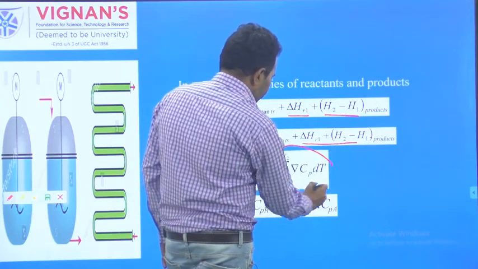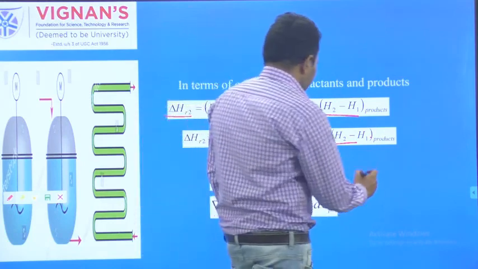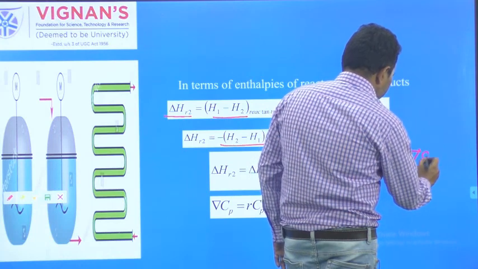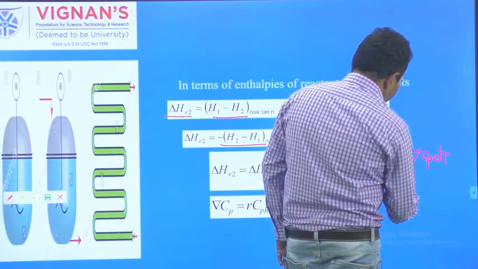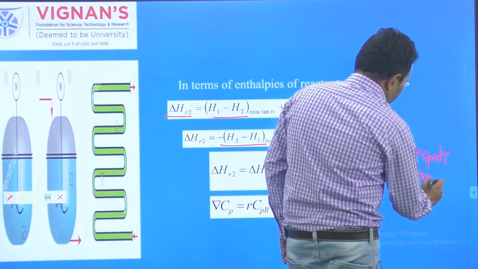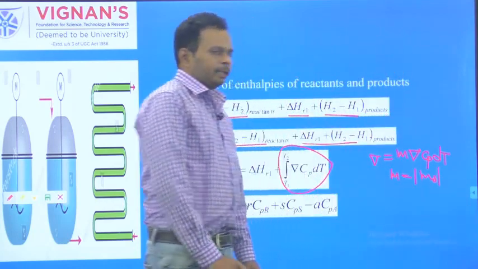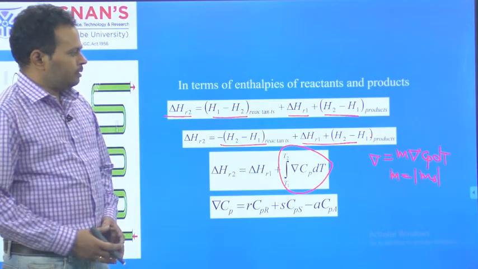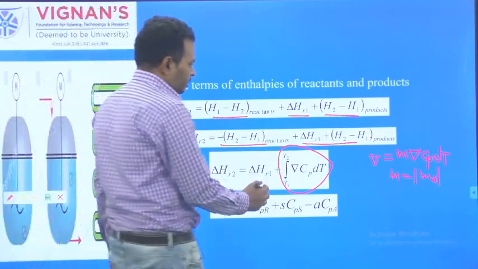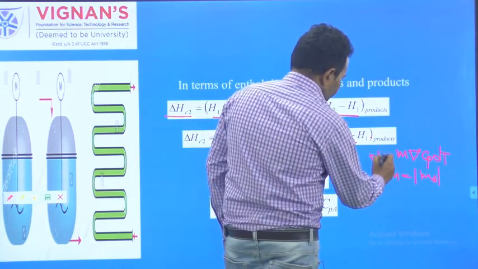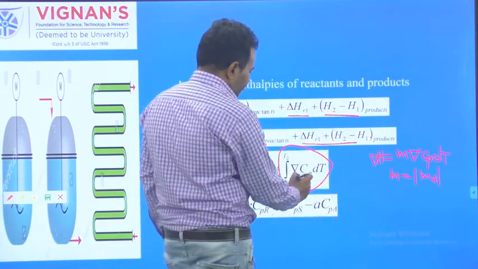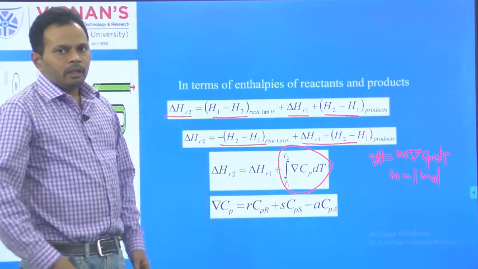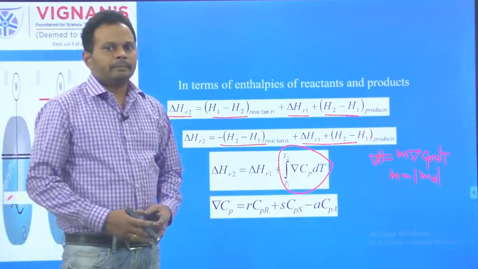Again this is also a function of del Cp. You already know that del H is equal to m del Cp dT. Here take m equal to 1 mole or 1 kg. Take per unit mole of the reactant entering the reactor. So in this case take m equal to 1. Then when you put m equal to 1, del H is equal to the integral of del Cp dT, written from T1 to T2.